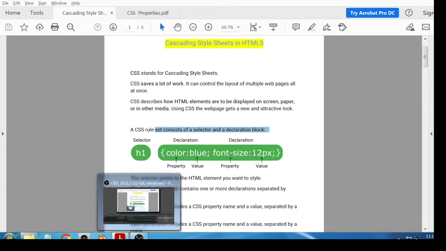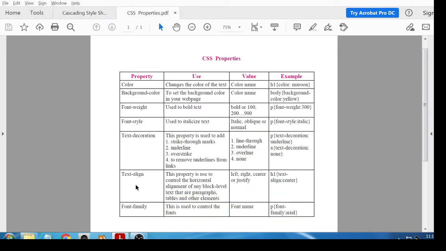I display here some properties of CSS. First one is color, that is to change the text color. Next, background-color, that is we can change the background for a particular paragraph or any body.